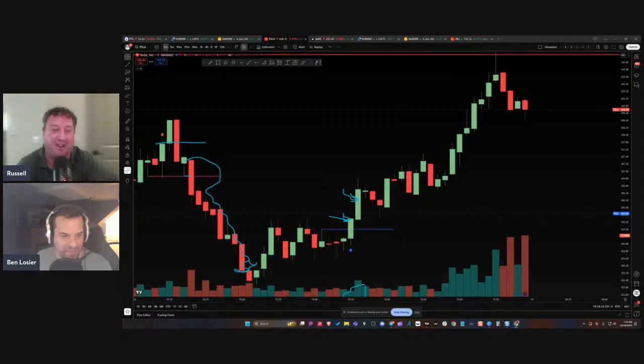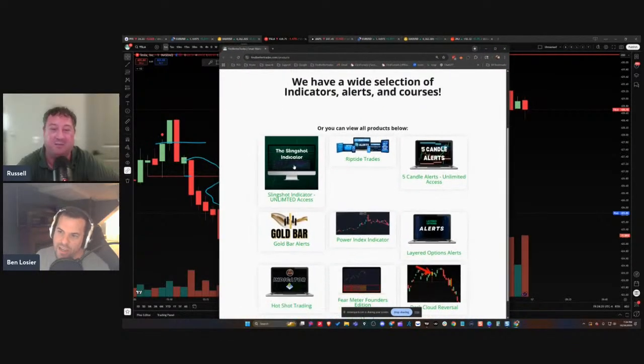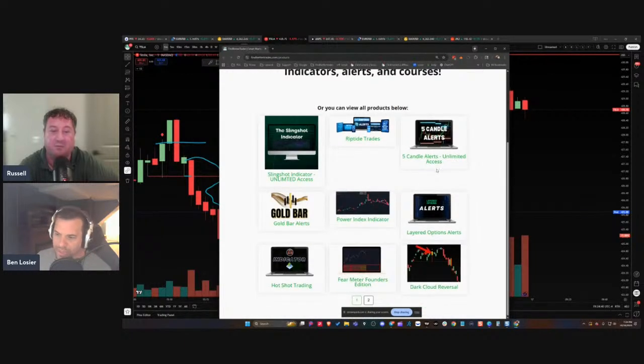Are they all based around candlestick stuff? I know I've tried out Trader Plus, and I've tried OCP. Yeah, let me pull it up. So Slingshot is more internal, there's a lot going on with that. RSI is kind of one thing though. Riptide, we actually have a really awesome trader, he's from Iran, and he runs Riptide. That's really cool. I could go through all of these. The fear meter is pretty cool.